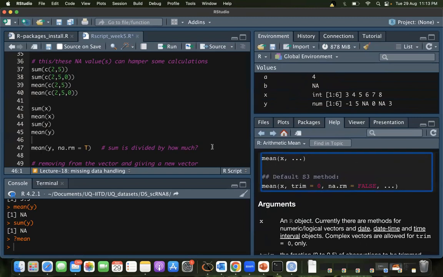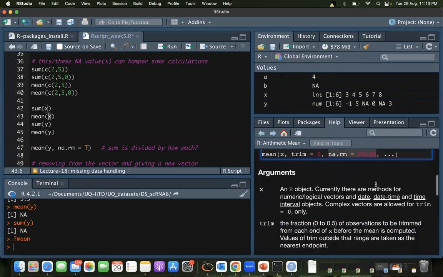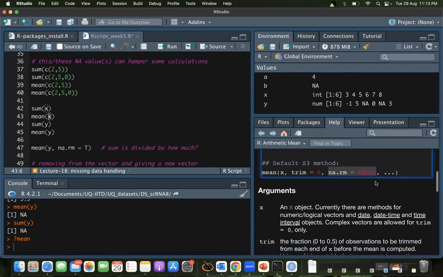So remember we discussed this, that there are certain compulsory or required arguments, right? So for example, the first one here, that's a mandatory argument, right? You can't run mean empty because you need to provide something. So this is a mandatory argument. But this one, it's an optional argument because this already has a default value to it. So the default value is false. That means by default, do not remove NAs. It's actually good that it's not there.